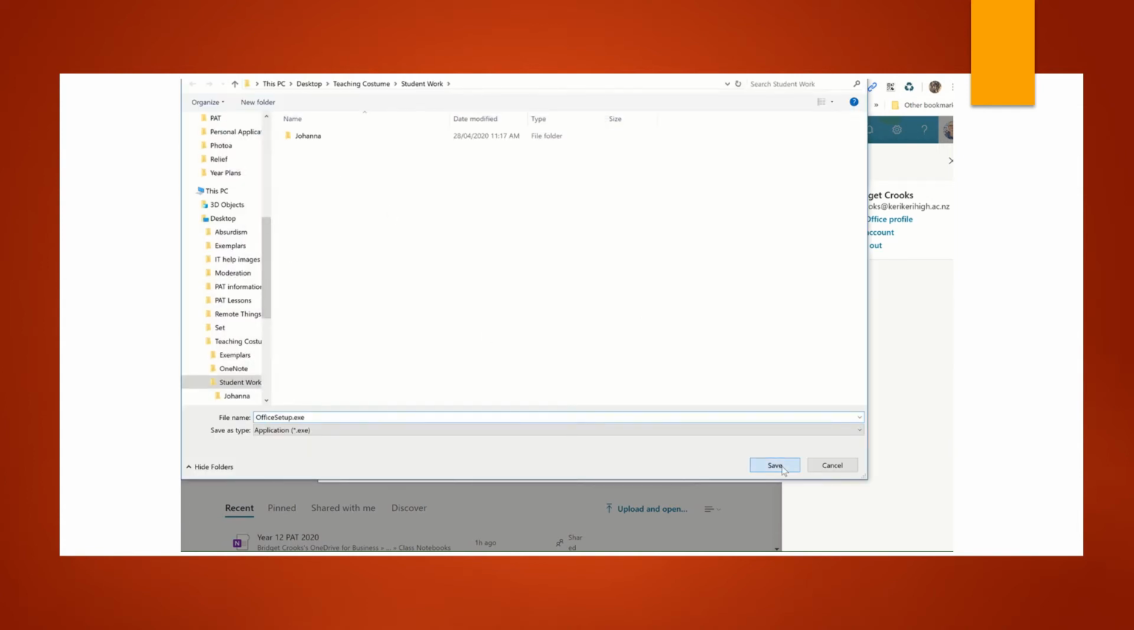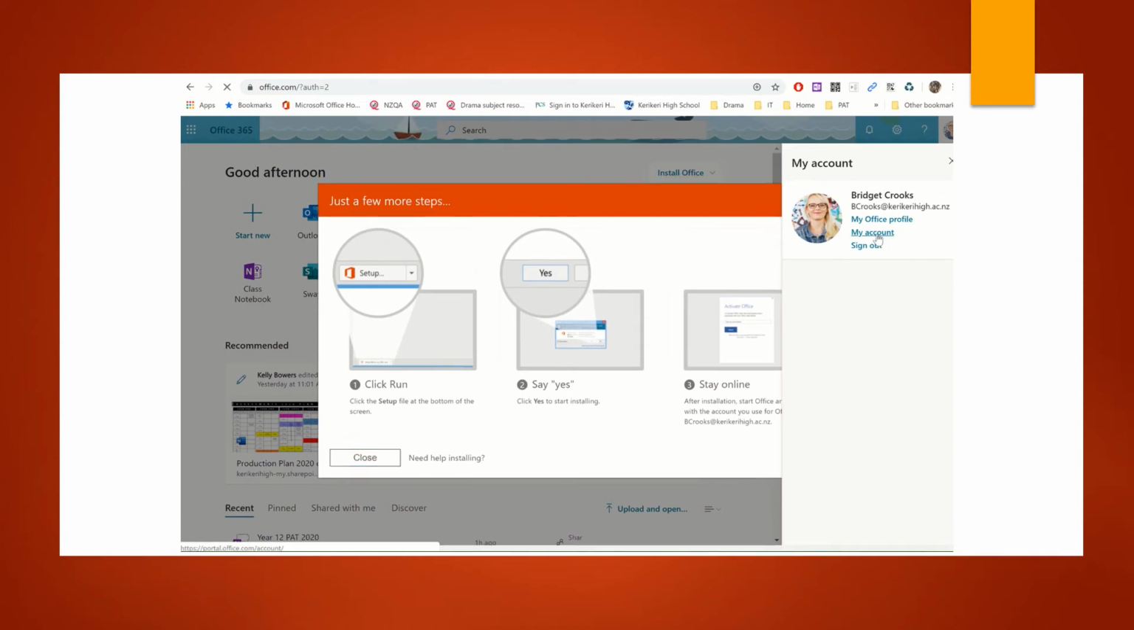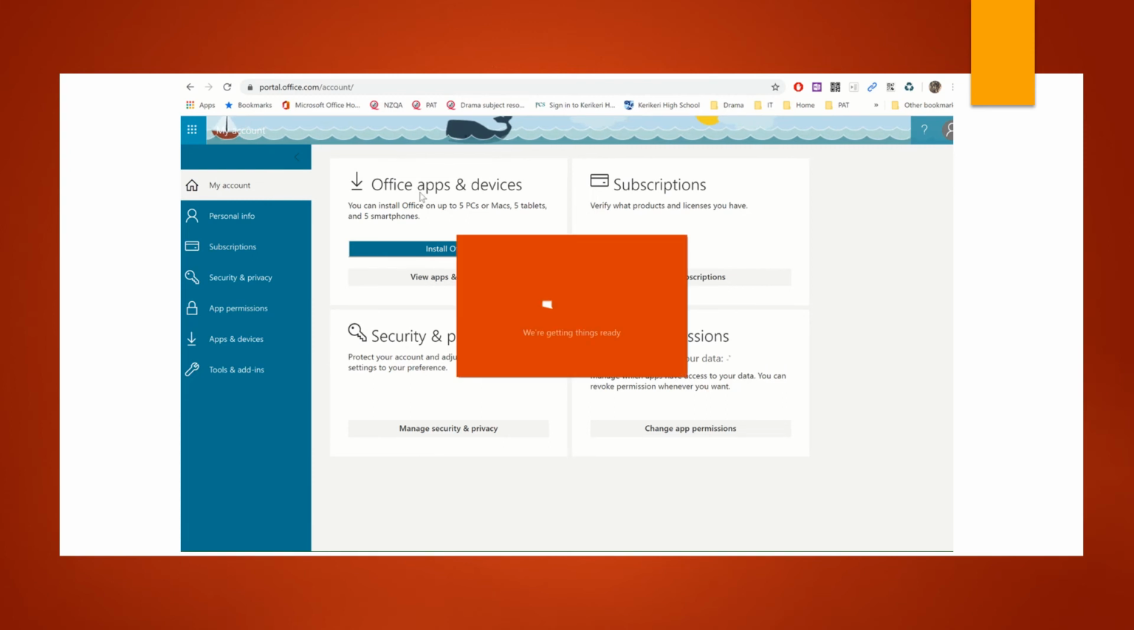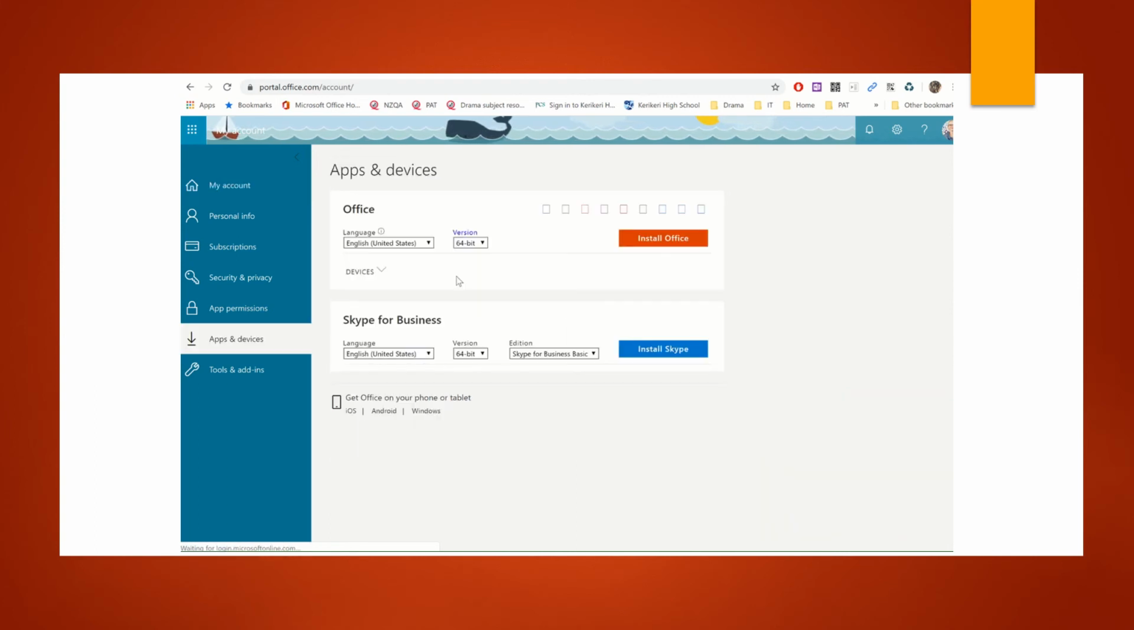You save it and it will be loading, and then you can run it and stay online. But you can also check here with your account how many times you can download it. So it's asking me if it wants to make changes. You can see that you can install Office on up to 5 PC or Macs, and you can install them that way. This way I can look at how many things I've got installed on,